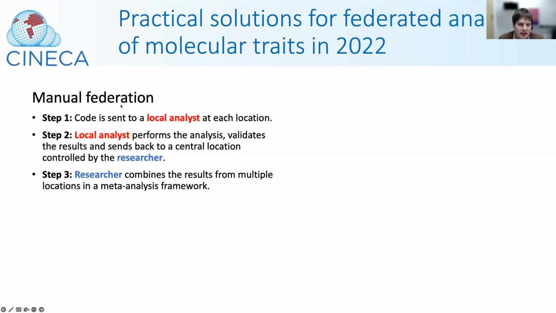So the researcher sends their analysis code to a local analyst who has access to the data. The local analyst will then perform the analysis, validate the results, and then send them back to the researcher. So the researcher themselves will never have access to the individual level data. And then the researcher combines the results from multiple locations in a meta-analysis framework once he or she has received the results from different locations. And the second alternative is